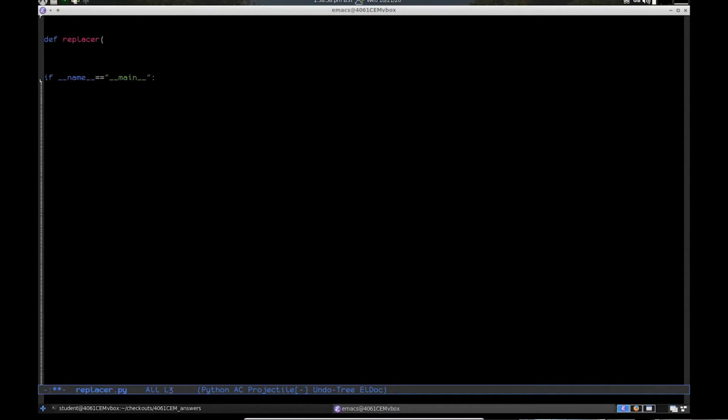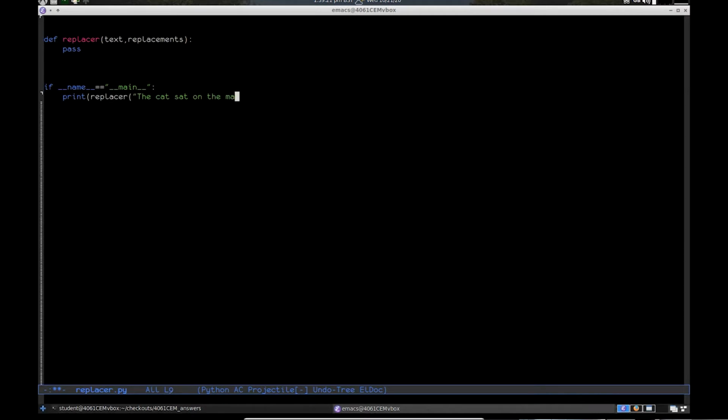So it takes in some text and it needs some replacements. I expect to call it like this. Let's just put a pass in there for now, and I expect to call it like this: print replacer